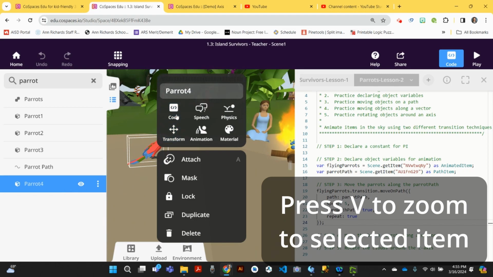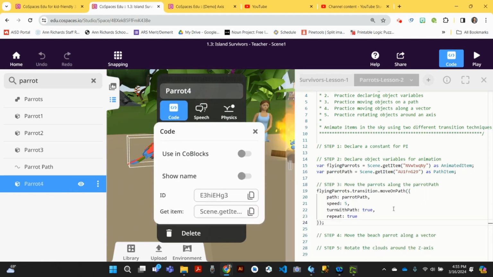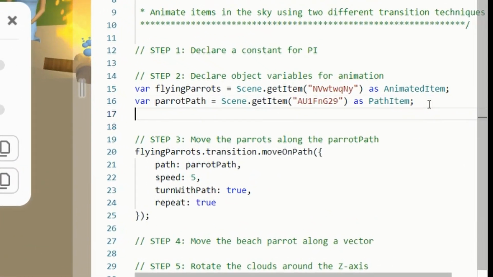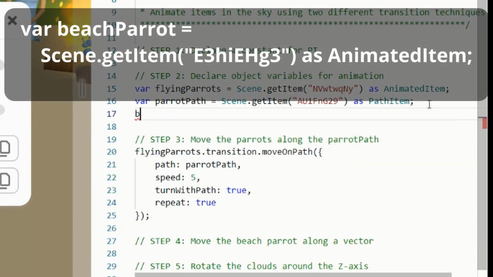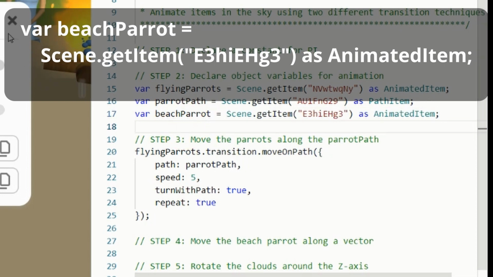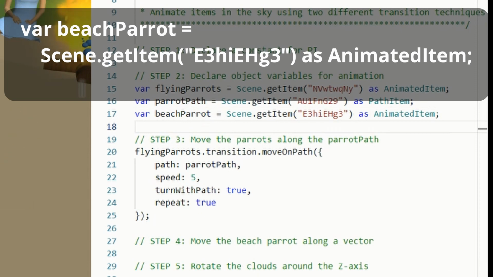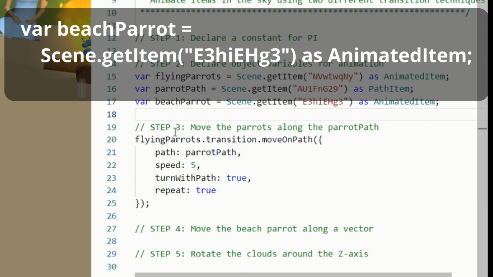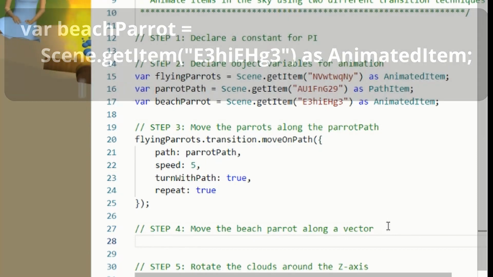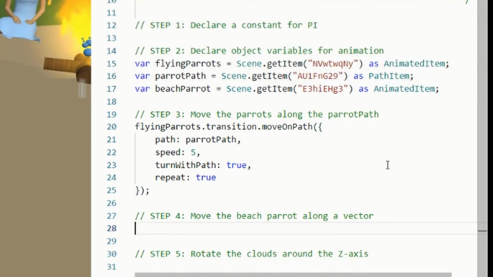And I'll go ahead and grab his ID. And we'll call him the beach parrot. And for him, I want him to just move forward a tiny bit, but I don't want to miss it, so I'm not going to have him automatically start moving like I did the flying birds. I'm going to wait for the player to click on him. So to do that,